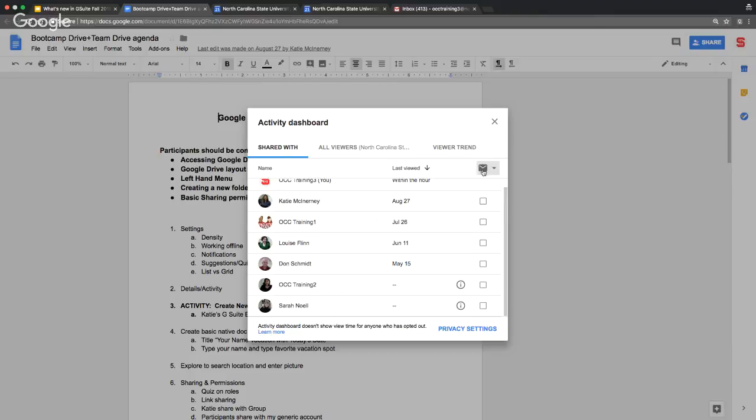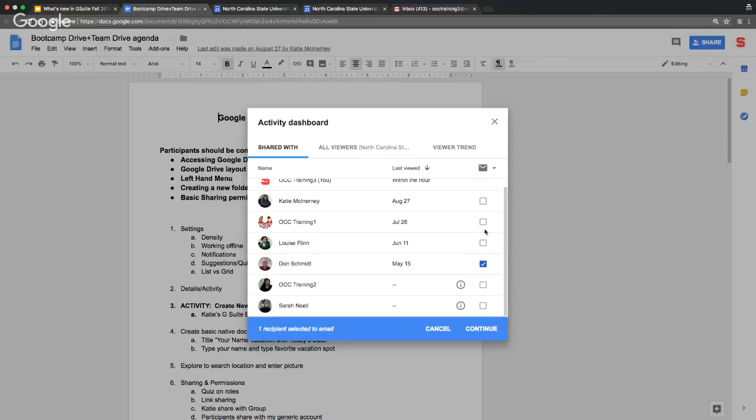So you do have the ability to send an email from this window. If you wanted to send an email to everybody, you could select all. You could select all without a view date, or you can just select the individual people who you wanted to email. Now, in this particular case, I would probably want to send an email to the users who have not